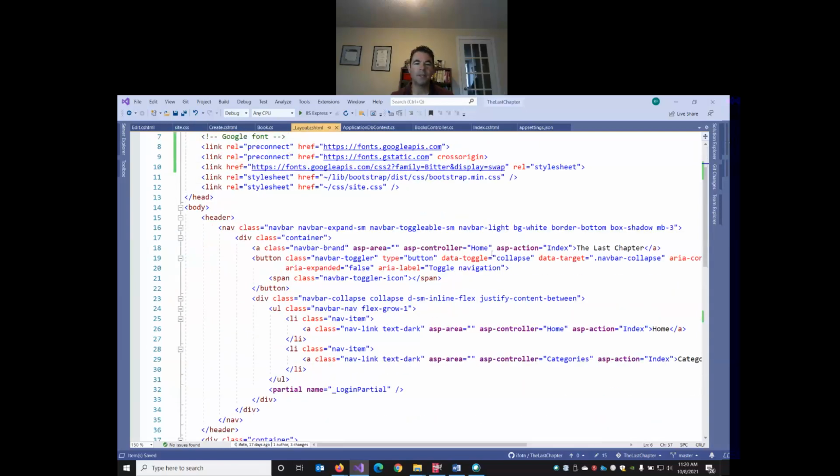and then I'm going to go to the layout file and make a few changes here to the navigation. Notice the default class here is navbar-light. I'm going to change that to navbar-dark, and I'm going to remove this bg-white that makes our navbar white background. So now our navbar should be brown,